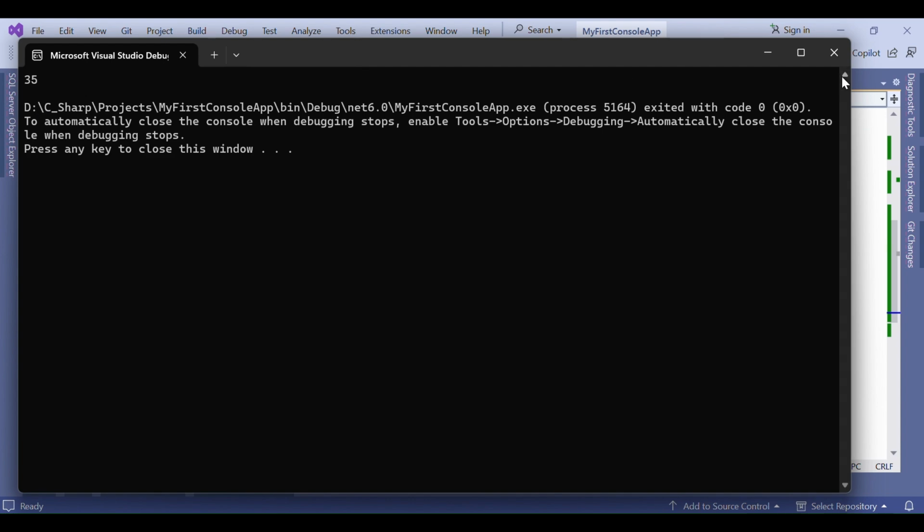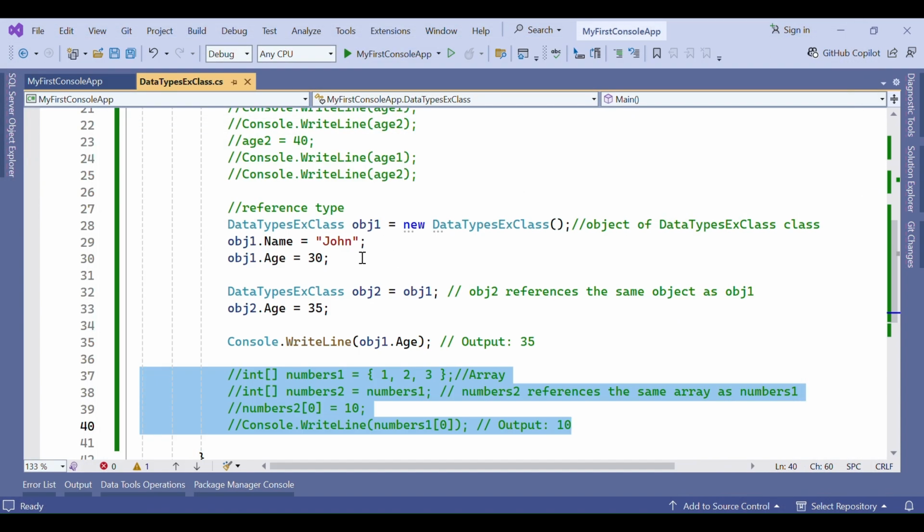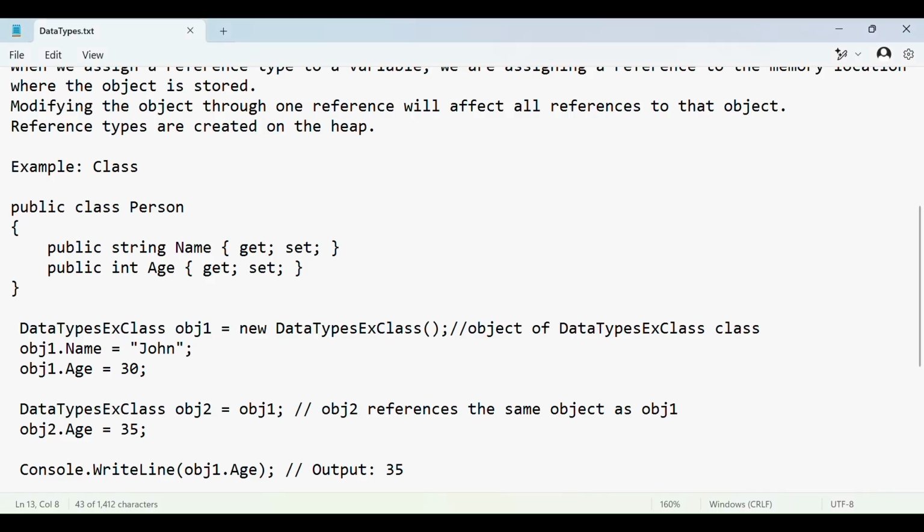If you see 35, but in the case of obj1.age it is 30, I have changed the value of obj2.age, but it is changing obj1.age as well, from 30 to 35. That is the concept of reference type here. So what it is saying,